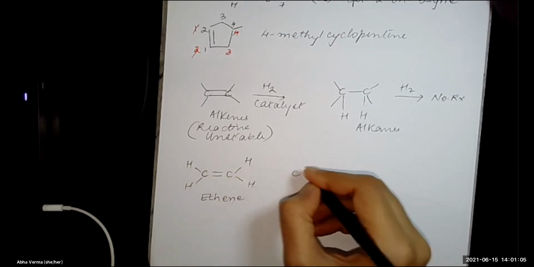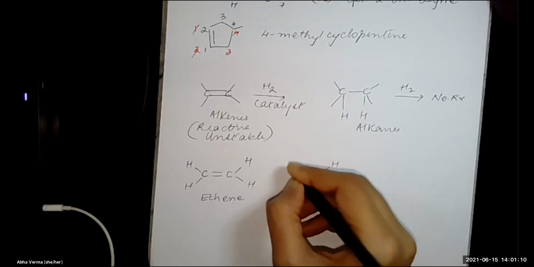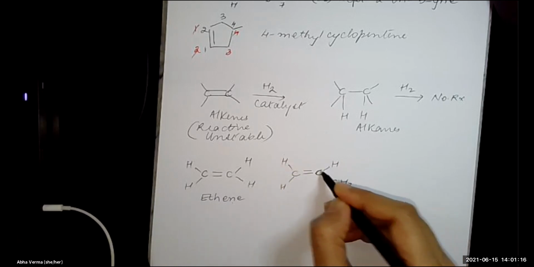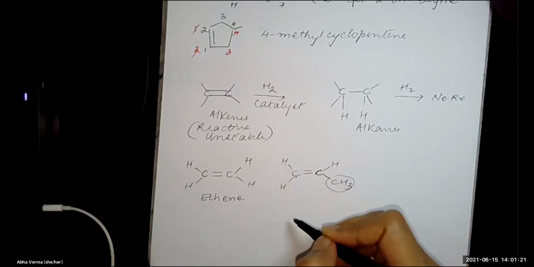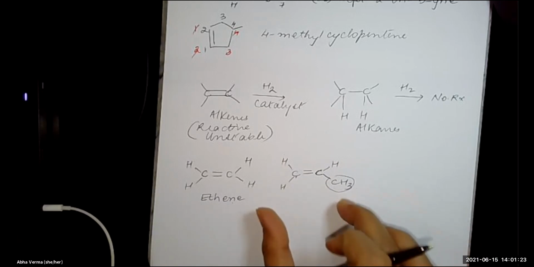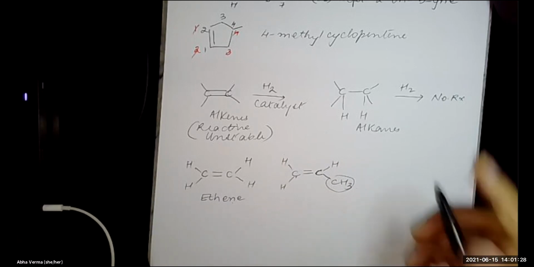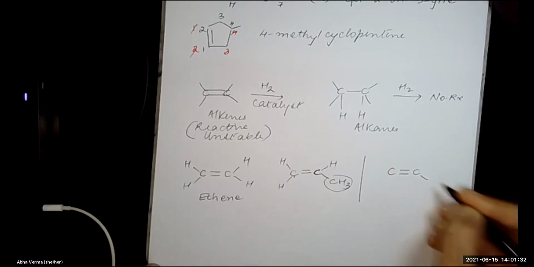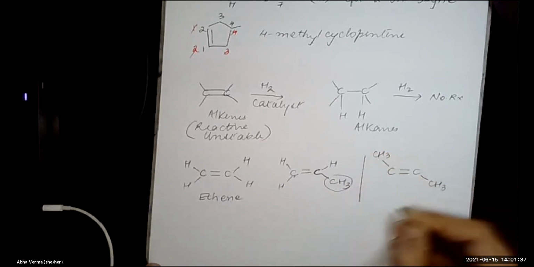But the moment we move on to propene, one more carbon has been introduced. On this carbon, you do see priority. But on this carbon, there is no priority. So we still do not say that these are cis or trans unless we are on our 4th group. And if we have a 2-butene,